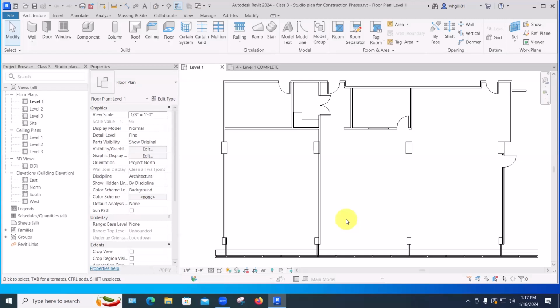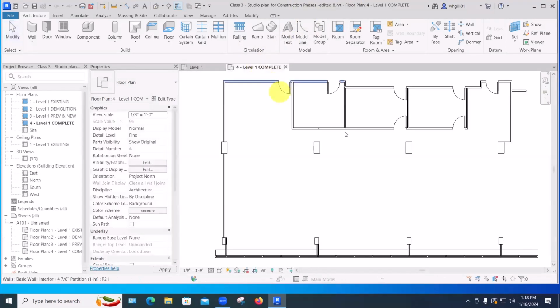This might be a somewhat more elaborate scheme than you need to do on your project. Well, let's assume that there's stuff there we need to demolish, and then stuff that we're going to be adding. So we'll go through the whole thing. I've got 2 versions of this file. There's the one that we'll be working with, which is on Blackboard, course week 2 course content. That's this one, studio plan for construction phases. And then it's going to end up being